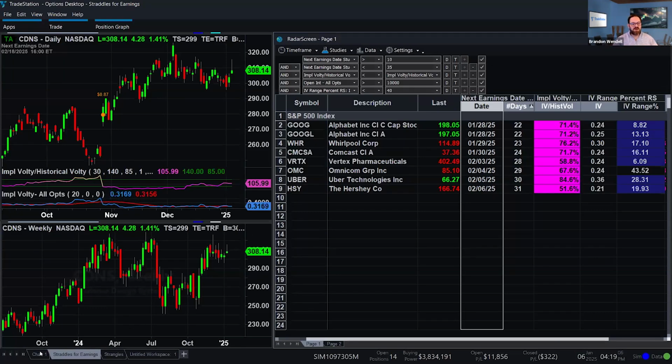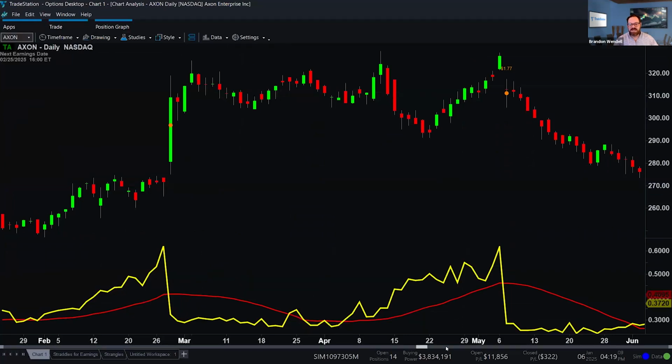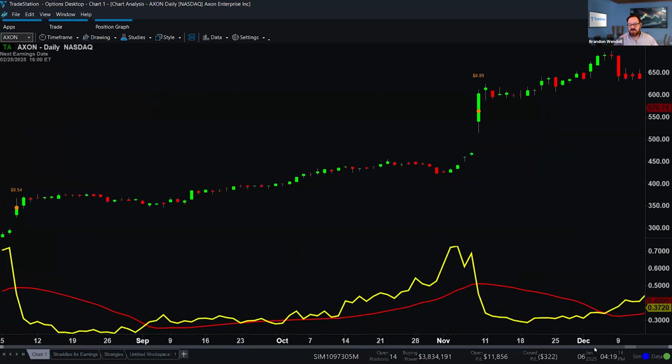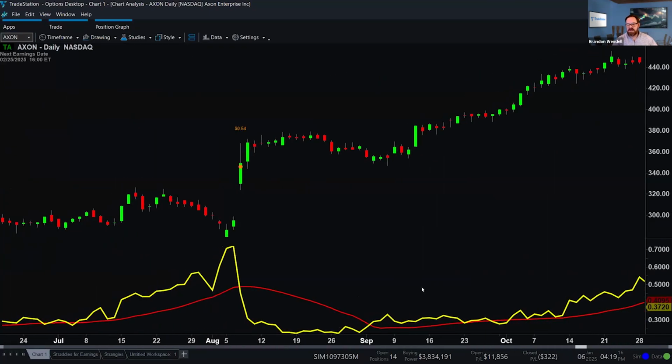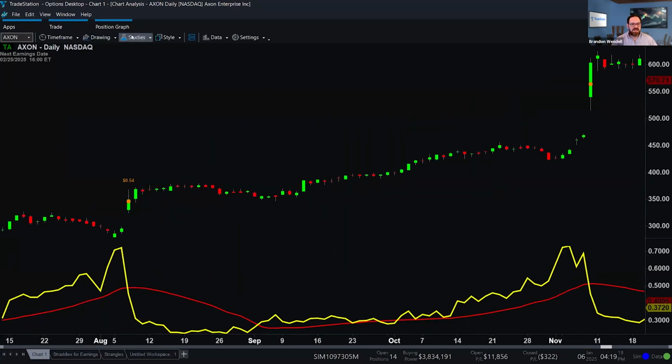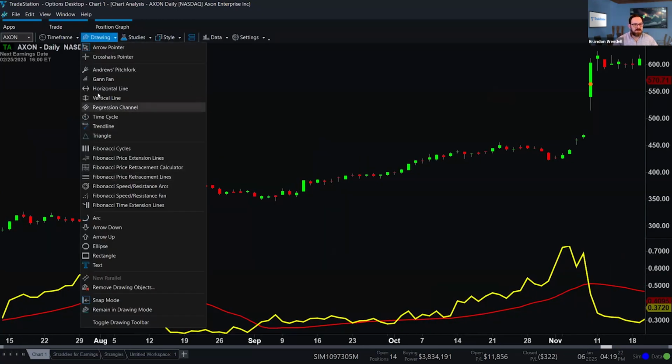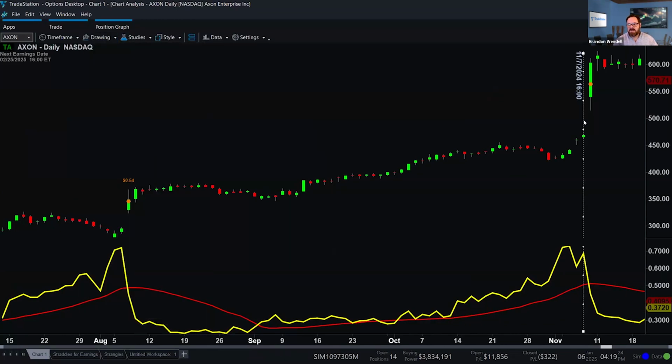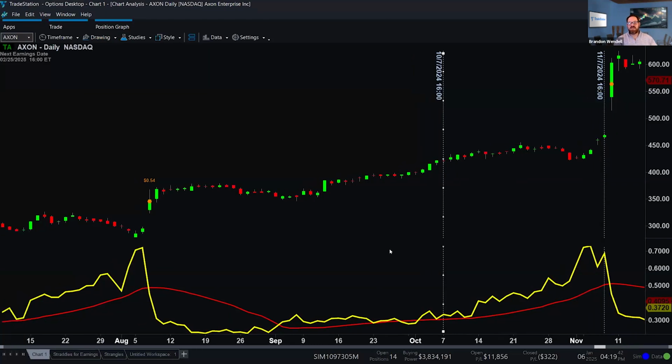So this was entered on October 7th. So let me go to that date, kind of set up the scenario here for you. There we go. October 7th. The earnings date, by the way, as I bring in drawing tools here, do a vertical line. Earnings were being released on November 7th. As you can see, well, may not be able to see it too well, but it's there, November 7th. And then, as I was saying, this was entered October 7th.